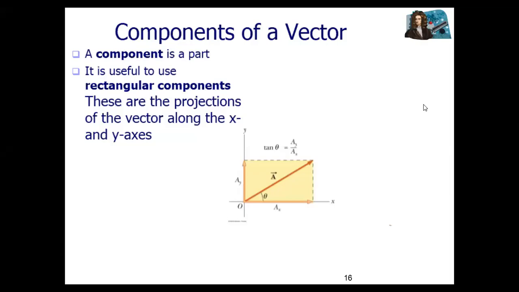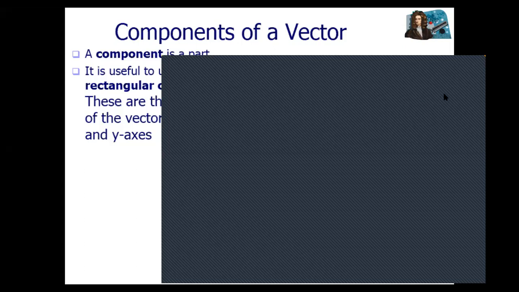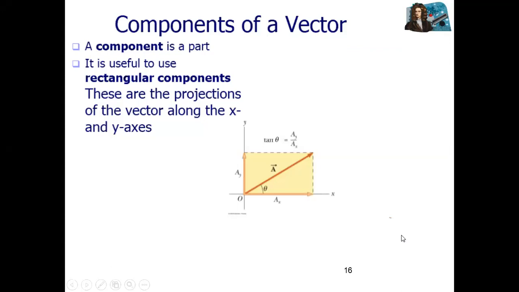Okay, guys, welcome again. Components of a vector, resolution of a vector, you can say splitting of a vector. If you draw a vector, you split a single vector into one or more components, like two components, three components. That process is called resolution of a vector. Components of a vector are splitting a single vector into its components.